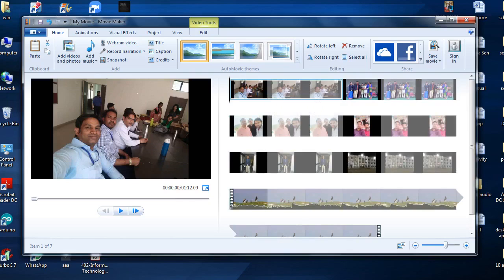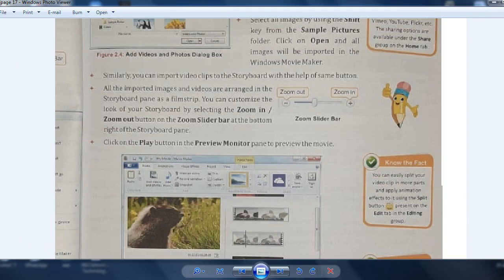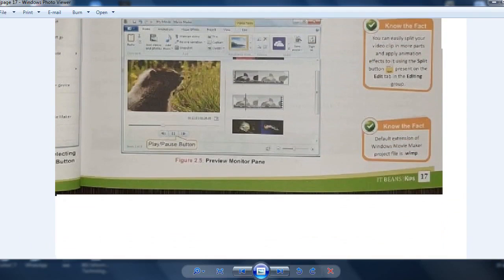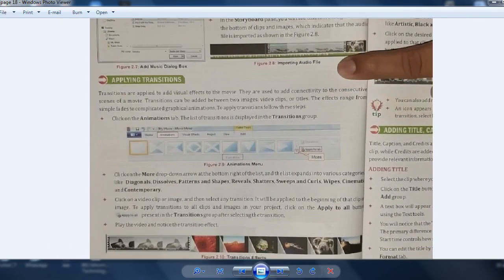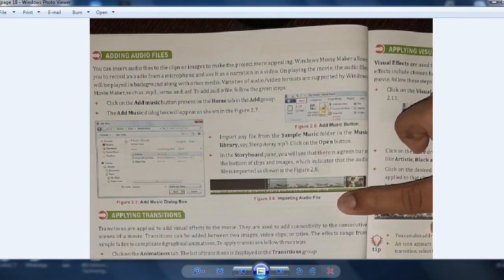If it is displayed in this lengthy way, then it will be easy to change your photos or videos, whatever you want to insert between these two photos, all this will become easy, right? Okay, now let's see the next part.